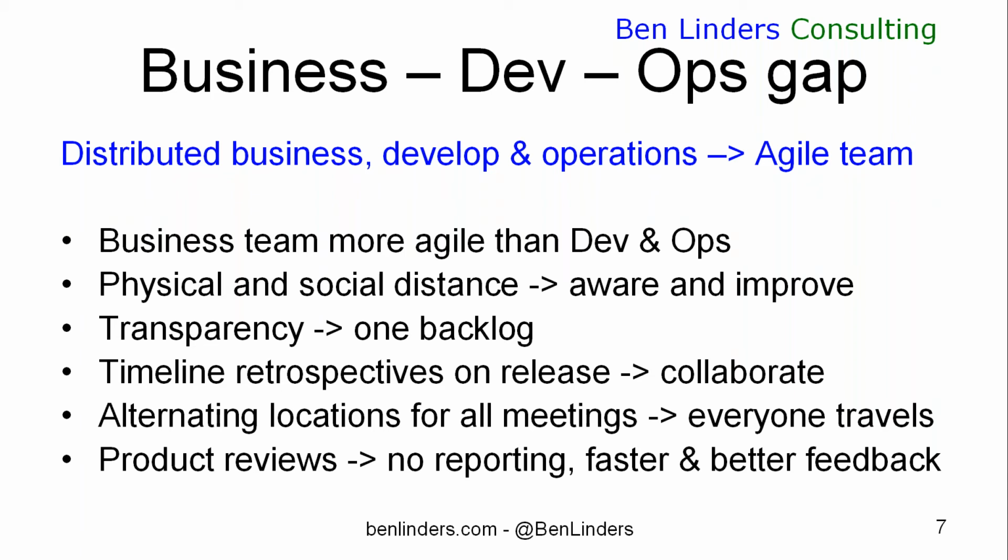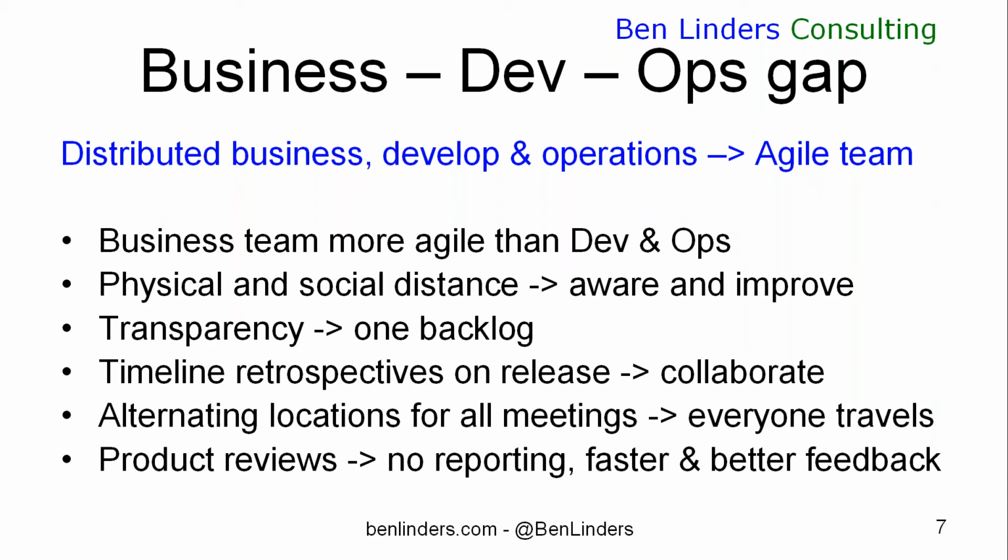When they were talking with the devs and the ops parts of their organization based on another location, the answer they usually got back was just, tell us what you want us to do in the next 2 months and then we're going to do that. Instead of taking an agile approach, like, tell us what's the most important stuff right now and we start working on that. And I found that there was quite a big distance between those two parts in the organization. Not just a physical distance, but also a social distance.